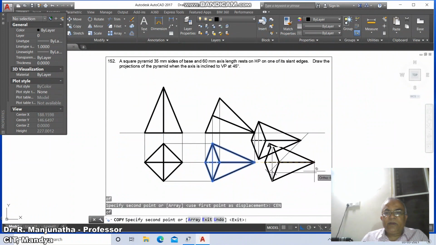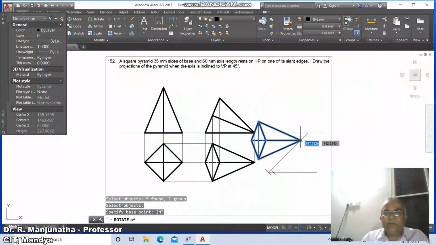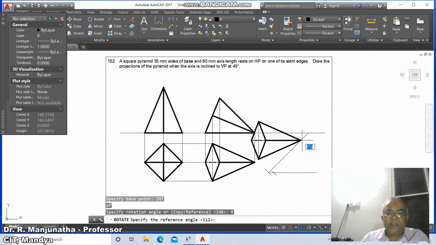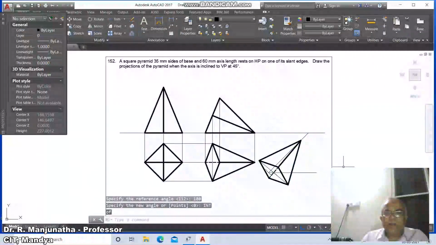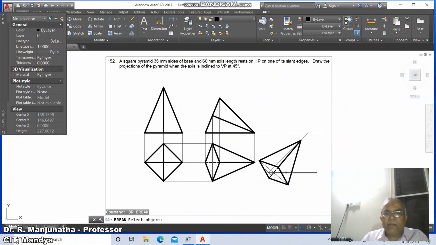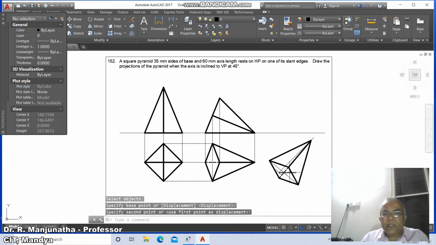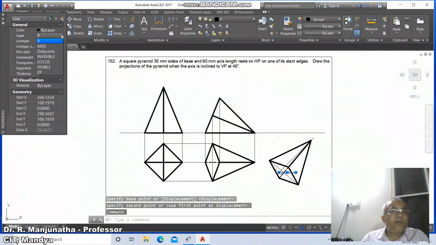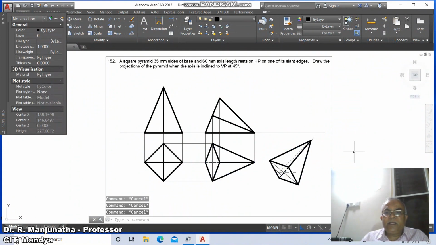Then go to copy, select this, take intersection point of this and take the center of this. Then go to rotate, select this object, take this intersection, then reference, take this as 180, then intersection point of this. Now you break this line till here, then go to move, select this entire thing and move it somewhere here. Then go to select, go to layer, click on this locus and take the distance as 10 and then escape.